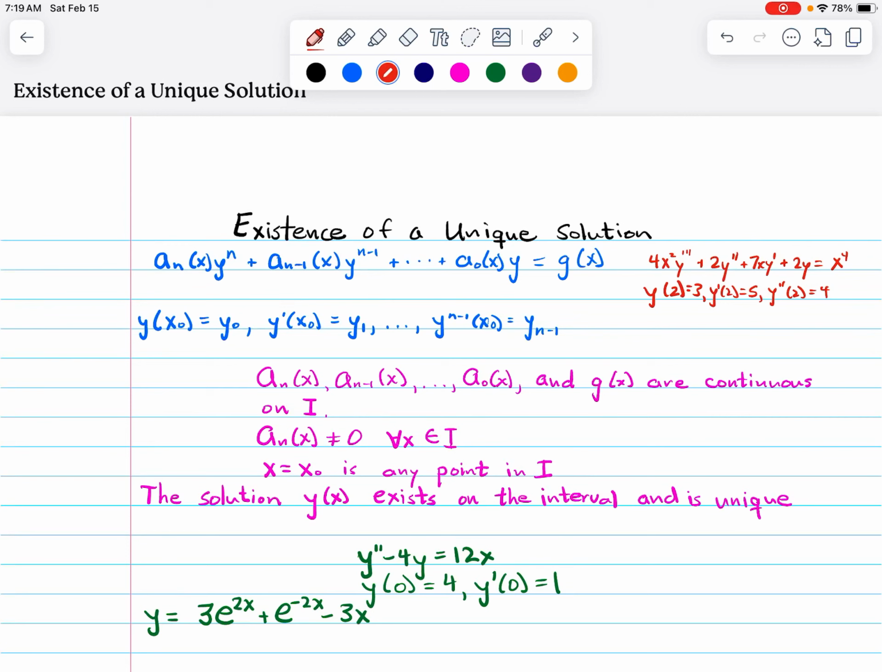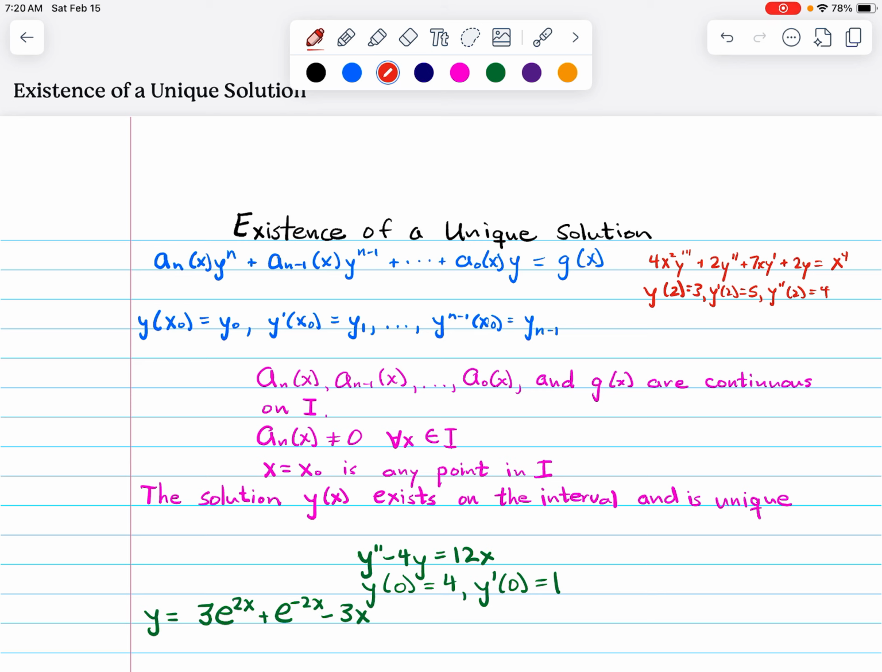It's time to begin a journey into higher order differential equations. And before we get into solving any higher order differential equations, we need to understand some basic theory that we'll encounter. The first thing I want to look at is called the existence of a unique solution